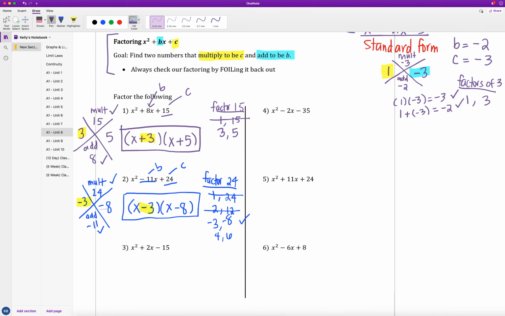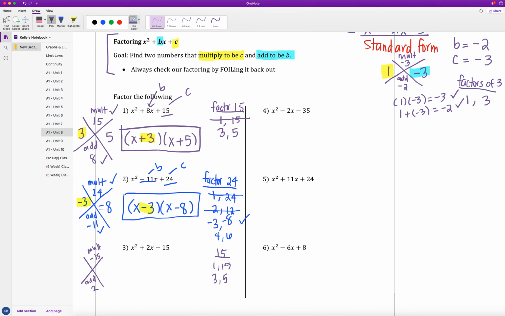Okay, let's look at example 3. We have x squared plus 2x minus 15. Why don't you guys pause the video and come up with our two factors on your own first, and then we'll check it together. So using our X Games, I'm looking for two numbers that multiply to be -15 and add to be +2. So if I start thinking of factors of 15, 1 and 15 would work. I would also have 3 and 5, and as we saw in example 1,